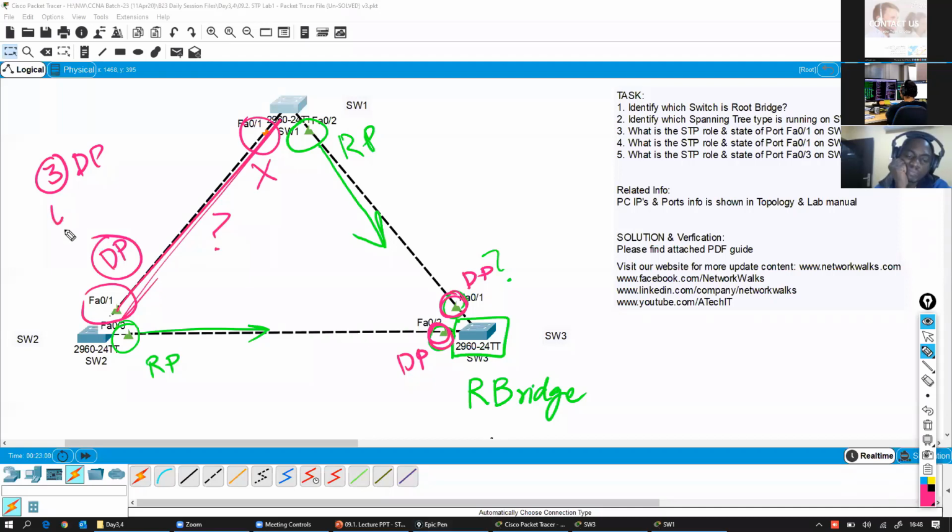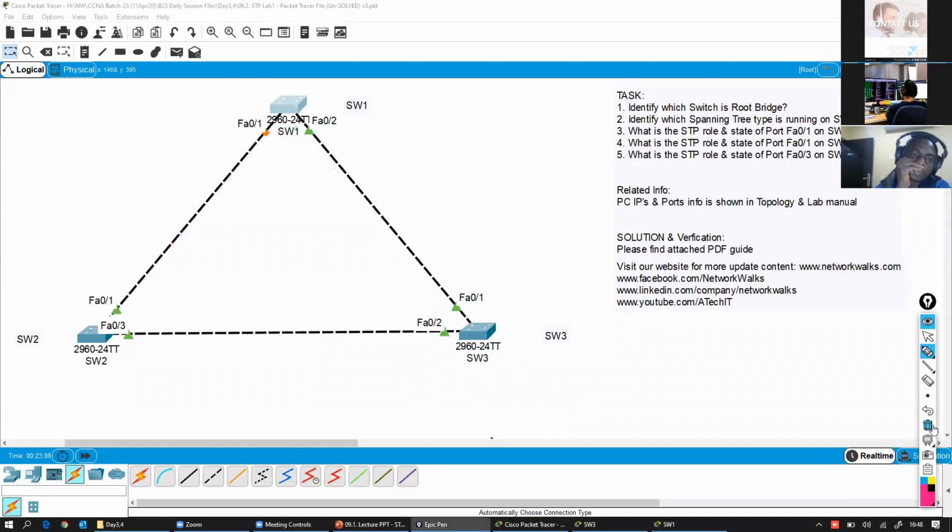So what is step number 4 now? Block all the remaining ports. So this port is blocked. It means that what is our final topology now? The final topology says this link is up, this link is up, and this link is temporarily down. And the final topology will look like this. This link is not there anymore. This is the purpose of spanning tree, right?